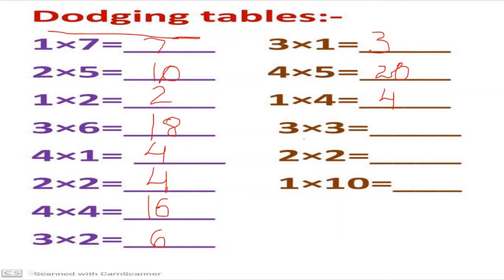3 threes are, look, 3 ones are 3. 3 twos are 6. Then what will come? 3 threes are 9. Here is a trick for you. I have taken 2 twos are again. Why is this? Yes, I want to know. Who will find it out? 2 twos are 4.